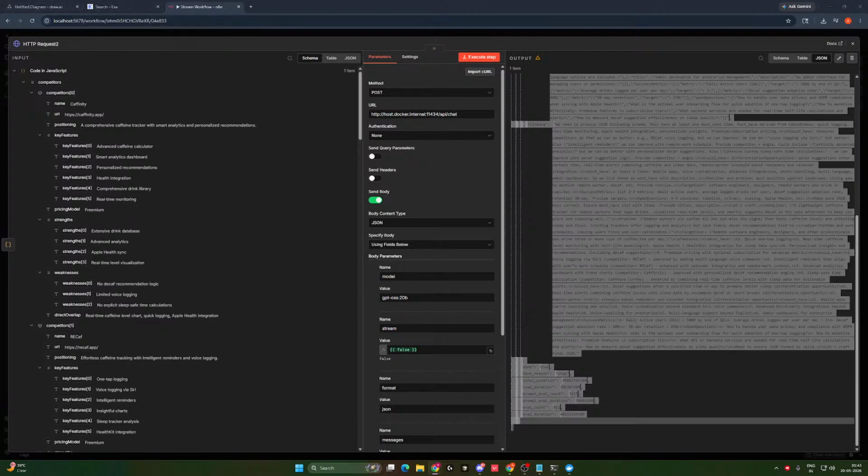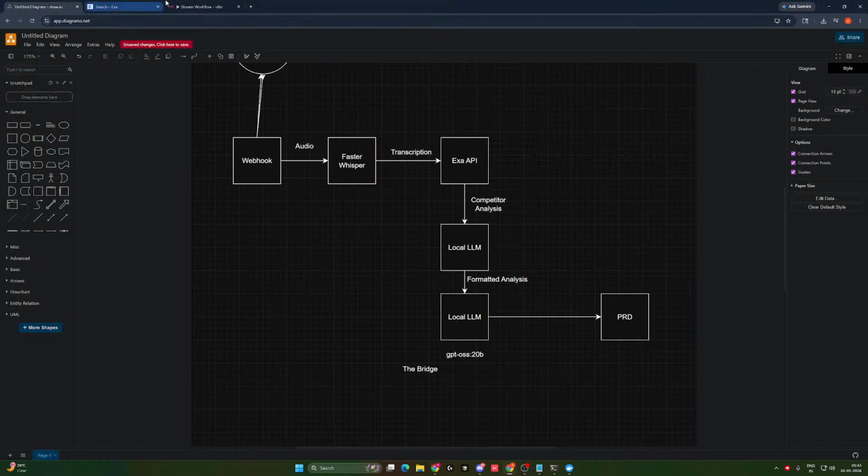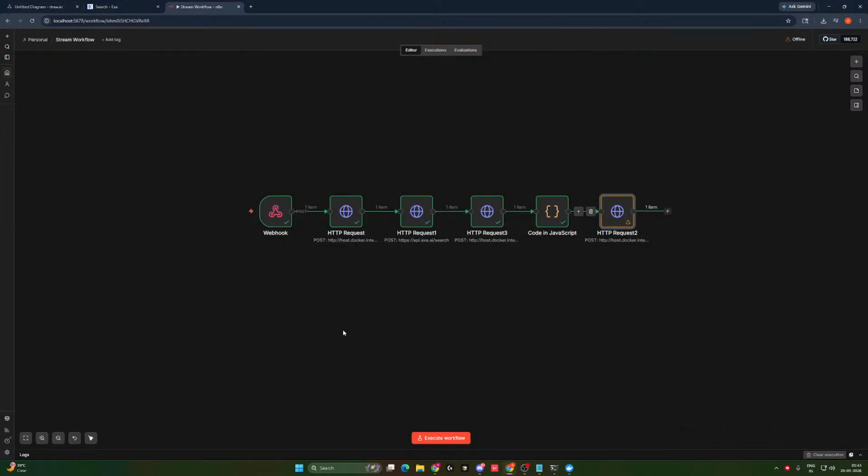So I think that should be all. We initially assumed that there would be 4 nodes, but if you see, there are 5 for the competitive analysis, and this JavaScript node came in extra. So yeah, I'll probably see what I'll do with the Jira and Confluence talks.